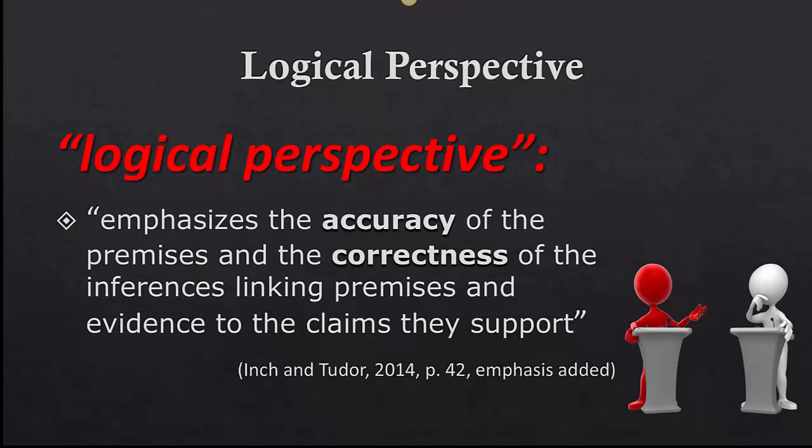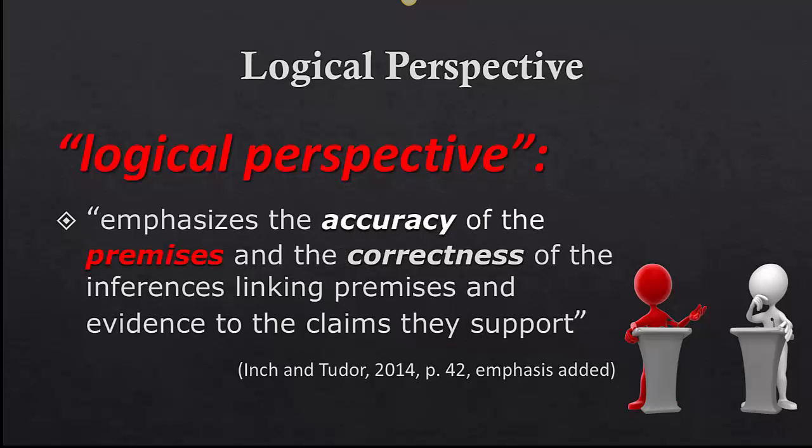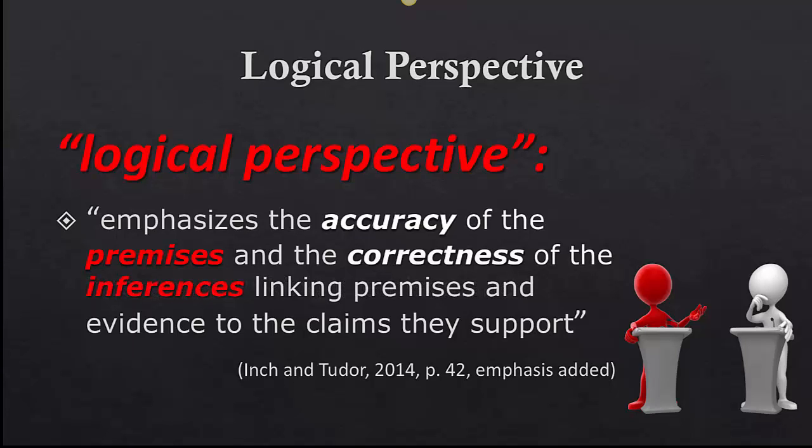So in other words, note the emphasis on accuracy and correctness. Is this argument correctly put together so that it's leading us to an accurate conclusion? And so we'll be especially emphasizing the way that we look at premises. Premises are essentially points that form the foundation for the claims or conclusions we're going to make. So pieces of evidence or assumptions that everybody agrees is true, and then these assumptions about what is true can be used to build to other conclusions. And when we're talking about inferences, we're talking about the reasoning. We're talking about the connections between premises and evidence to claims. So how do we get from the evidence that we can agree with to the claim that we might not